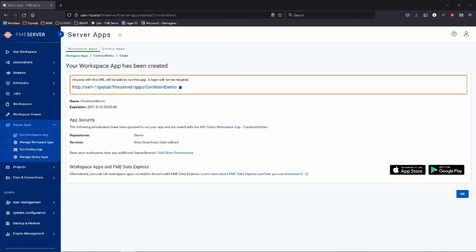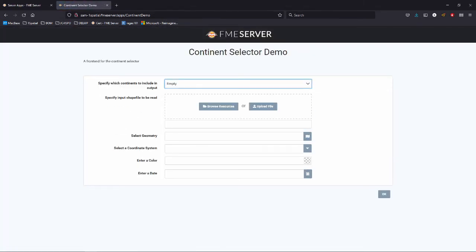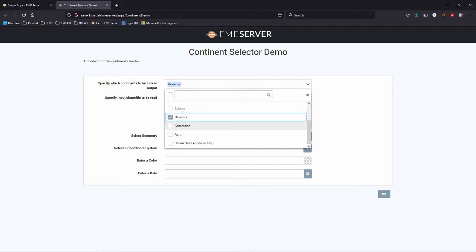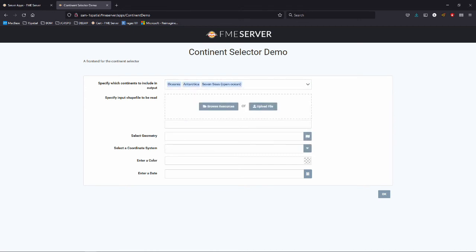Now, let's take a look at this URL we've created. I'm going to copy this address and paste it into the address bar. And what you'll see is actually something that's a bit synonymous with what we've already seen in the Run Workspace, which makes sense. What you have is the parameter fields that the users interact with to select what they need to. This is the continent selector that we've been working with, so we know that we need to select the continents that we want to output. We need to specify the shapefiles to be read,